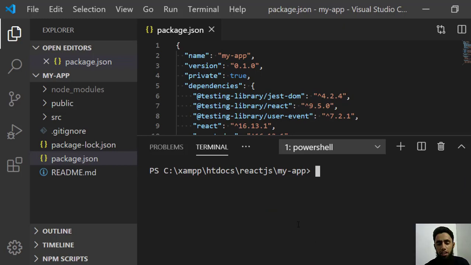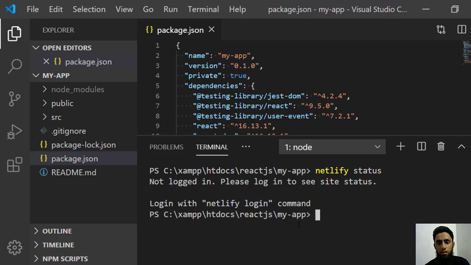Here you have to check the Netlify status. Currently you are not logged in, so you need to log in first. There is a command, netlify login.